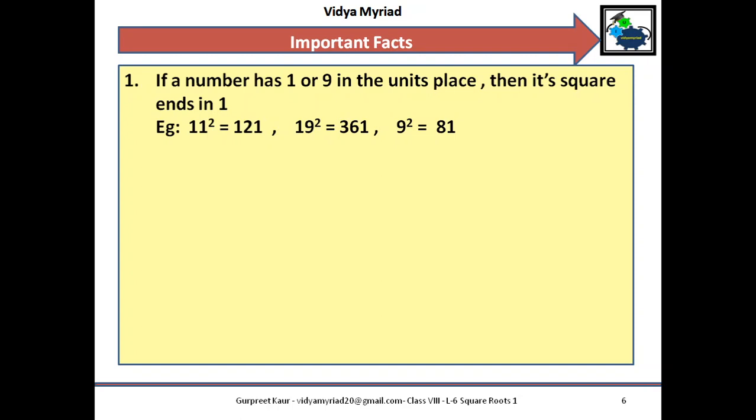So you can calculate from your mind itself which number, when you square it, will end in 1. Sometimes you will be told in future to find the square root of the following number. Now suppose 361 is there. I can think in my mind where will 1 come? Either it can be 11, it can be 19, it can be 21, it can be 29, because 1 and 9 will have a square that will end in 1. So it gives an idea very closely and we can quickly find out our answer.